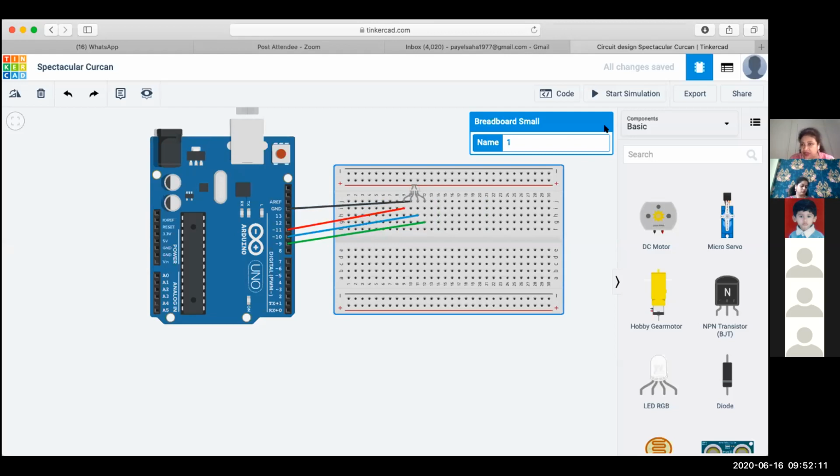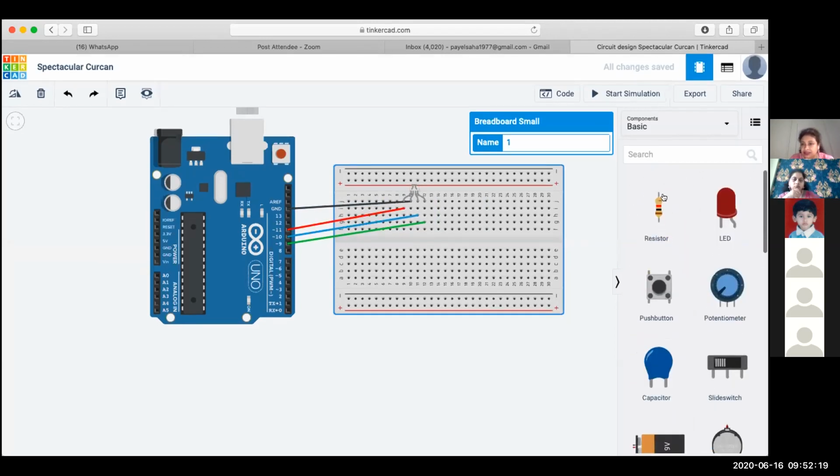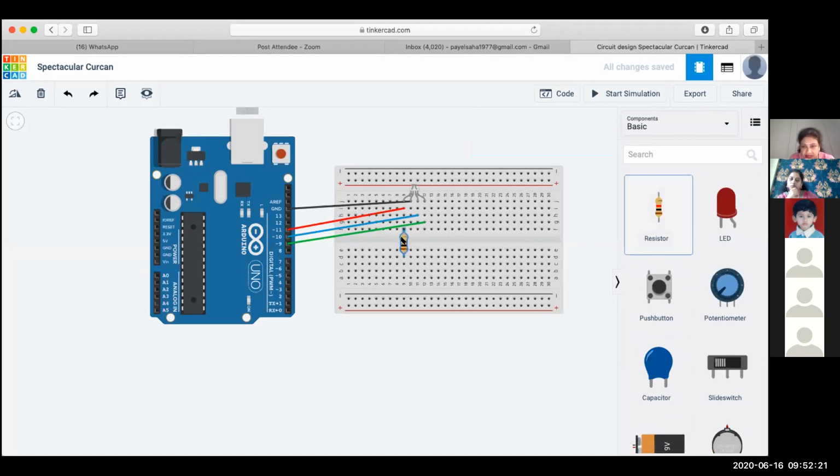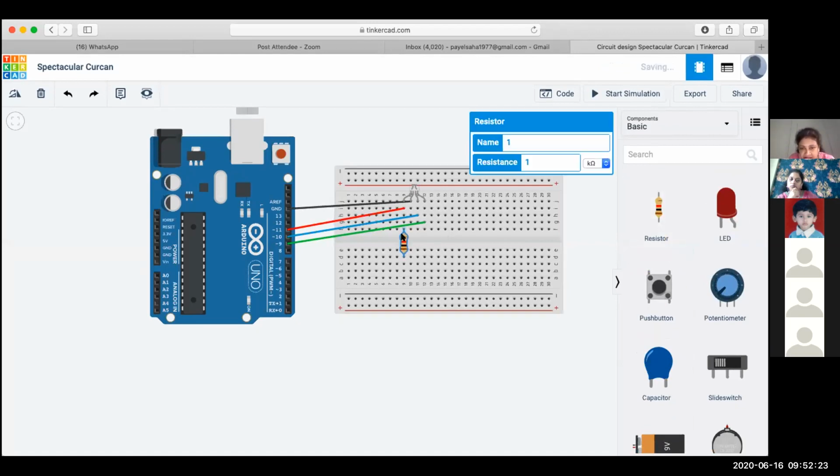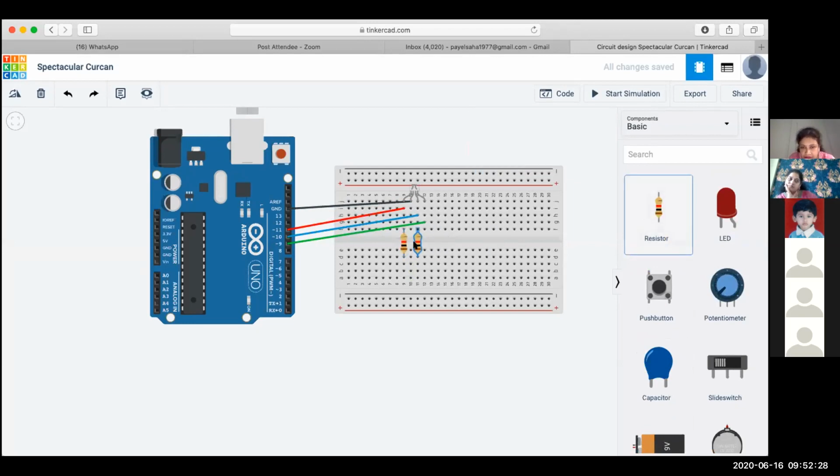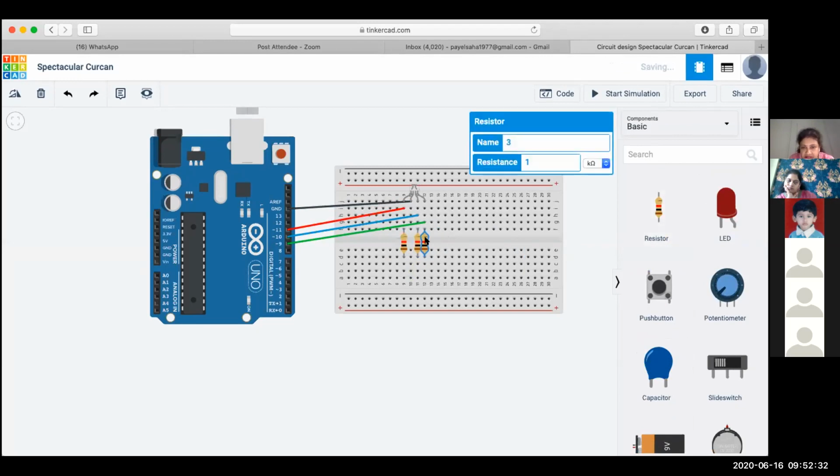So let me bring 150 ohm resistances into the circuit. I search the component list and I bring in 3 resistances. One I connect to the red terminal, one to the blue, and one to the green. Resistances I have brought.